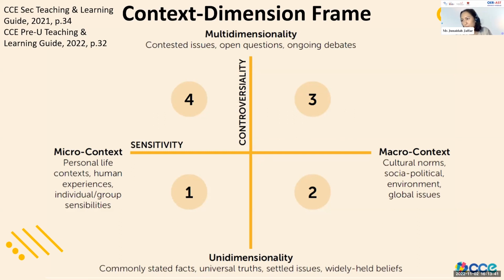Quadrant 3 is the multidimensional macro context, and it represents the problematizing of generally undisputed dominant narratives by introducing other perspectives based on different worldviews. It is important to note that multidimensionality is a space of potential controversy and contention. However, being far removed from personal truths, classroom discussions situated in this quadrant may not be sensitive in nature. For example, back